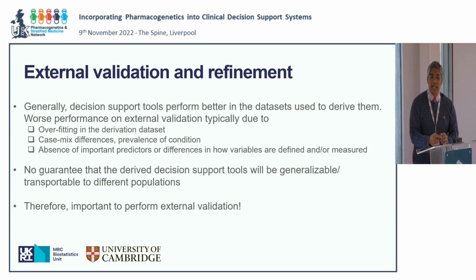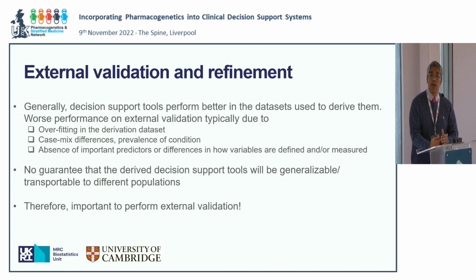We now come on to the next stage, which is external validation and refinement. As I mentioned before, decision support tools perform better in data sets that they derived in. Therefore, we expect worse performance on external validation. This is typically due to the overfitting in the derivation data set, potentially also due to case mix differences between the derivation data set and where we're going to use it, where we try to externally validate it